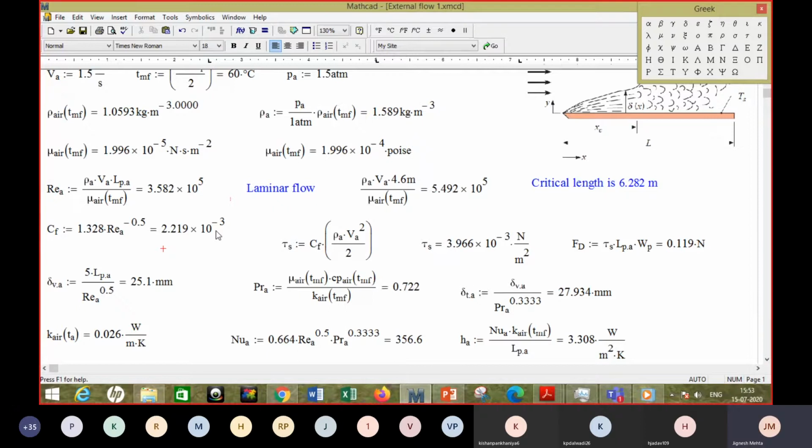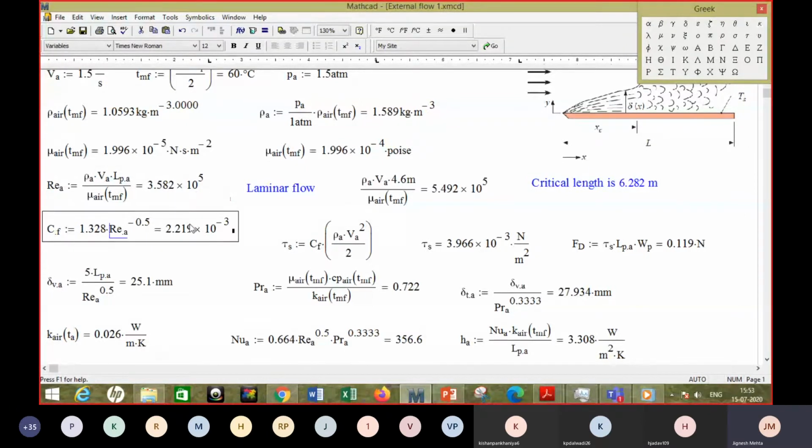Normally, when it is the average value, you will not write x. If you're talking about the local value, you will write x. In that case, you will write CFx, which is half of this. But here it is the average that you have to use. So for the Reynolds number Re, you may actually write L here. I have used it for air and written A, but when you're talking about external flow, the characteristic length is L, the length of the plate. So you can write it as ReL. That ReL is this number and you put it here, and with the help of the available correlation, you could get CF.